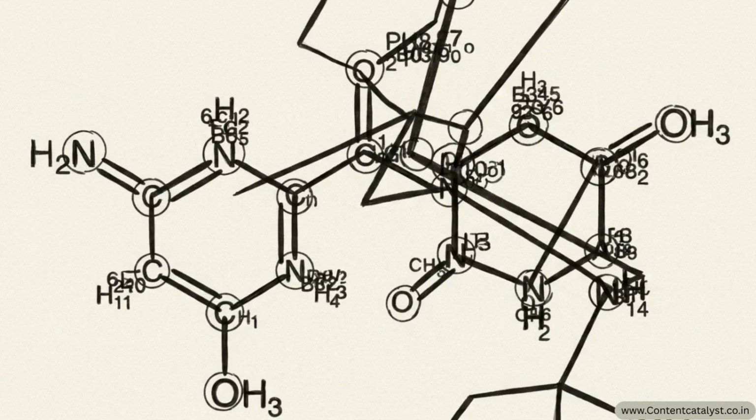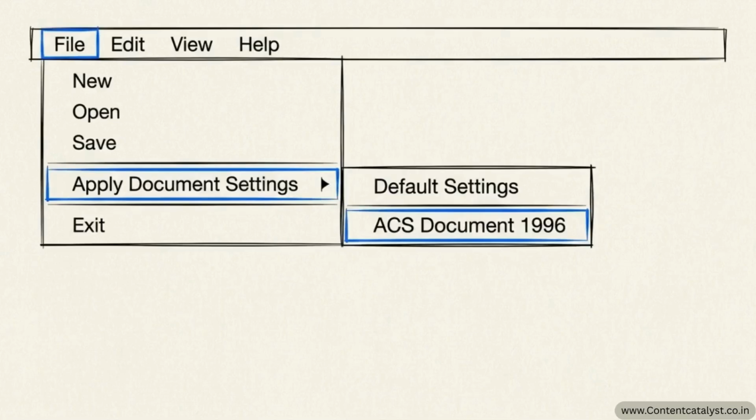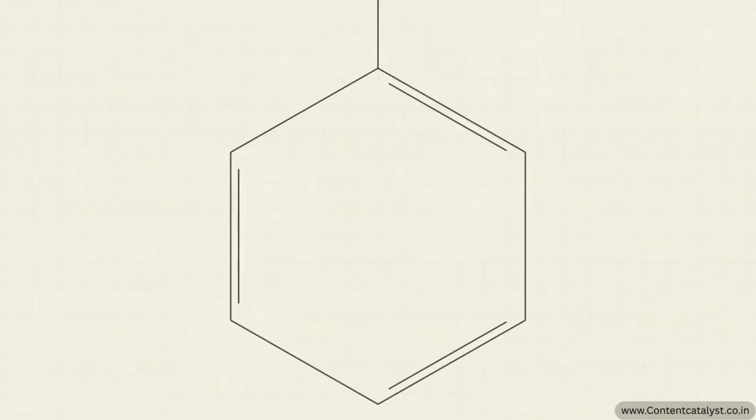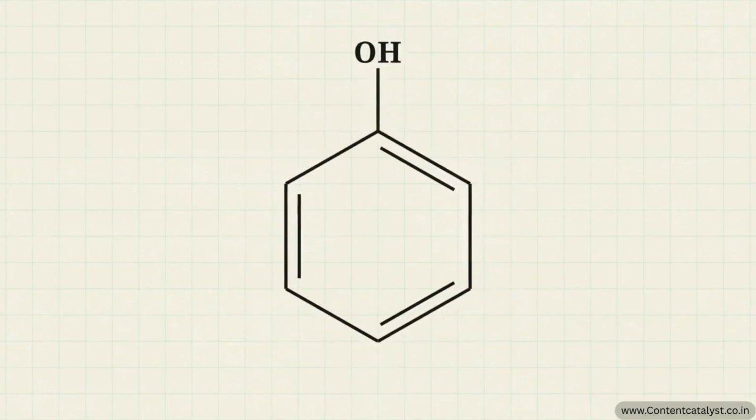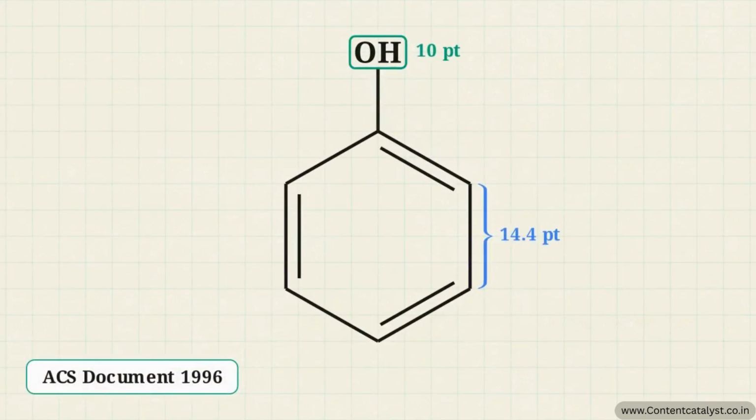Beginner drawings often suffer from disproportionately tiny atom labels set against oversized bonds, which makes complex cycles difficult to read. To fix this, navigate to the File menu, select Apply Document Settings, and choose ACS Document 1996. This template ensures that every atom and bond you draw is scaled correctly from the start, maintaining a professional ratio